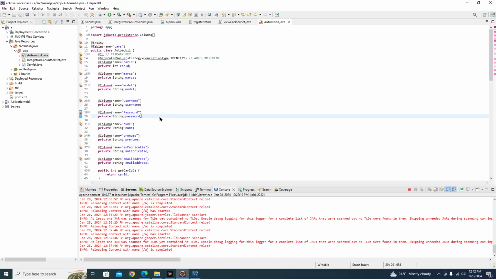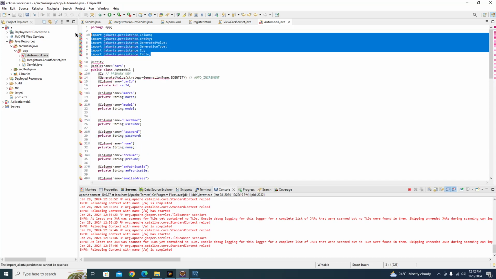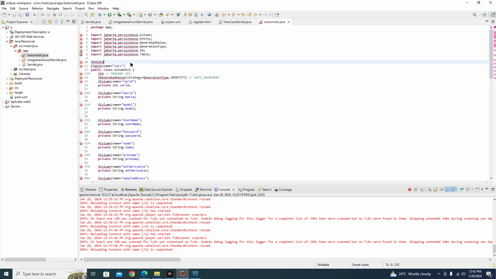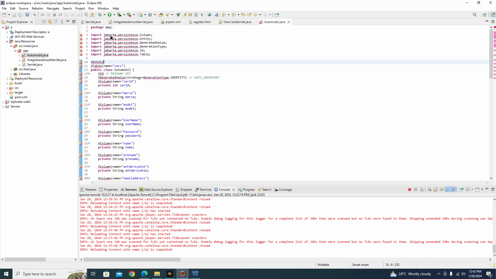I will try this by deleting these imports and re-importing them with Control Shift O. If this isn't working, I have clicked on Control Z, and